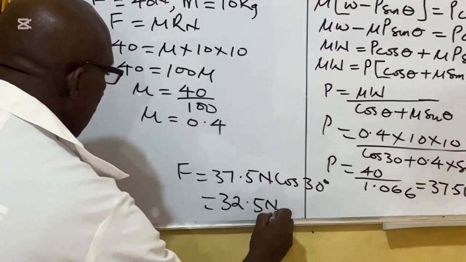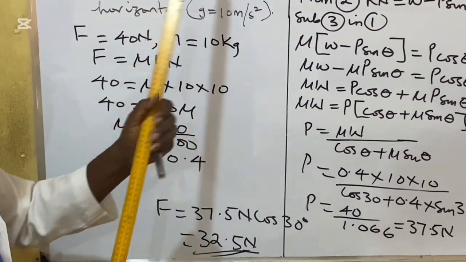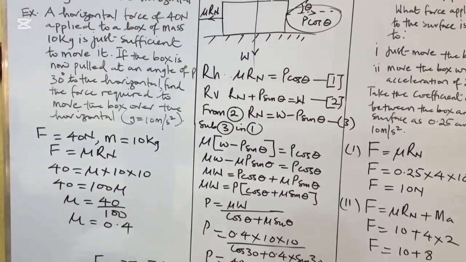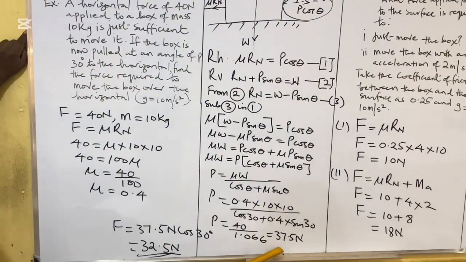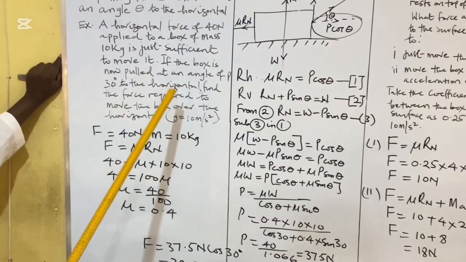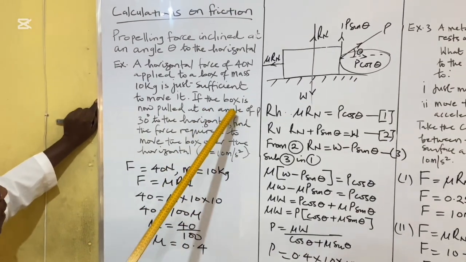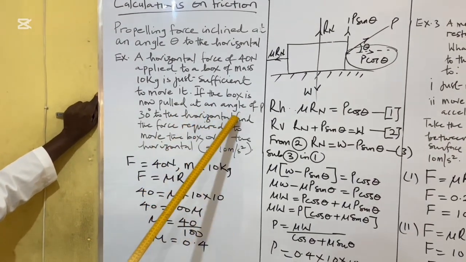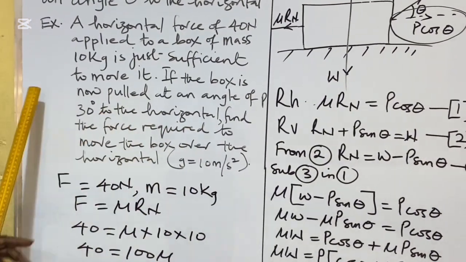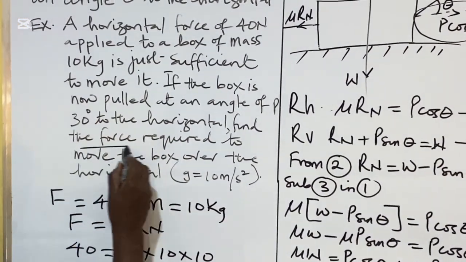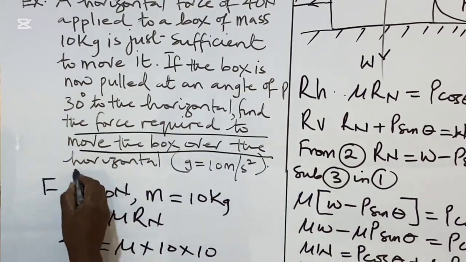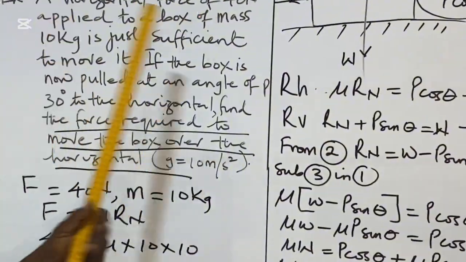Most students, when they work these problems and arrive at P, will put the answer as 37.5 Newton. But you've not literally answered this question, because it said if the box is now pulled at an angle of 30 degrees to the horizontal, find the force required to move the box over the horizontal. Now the force required